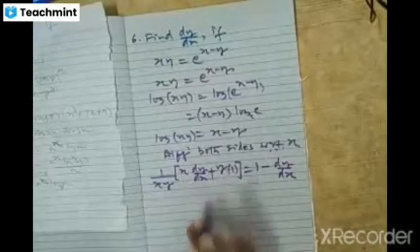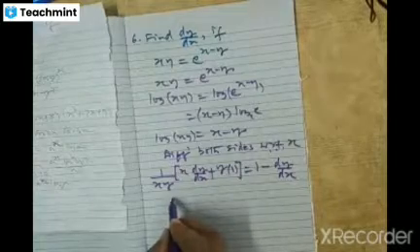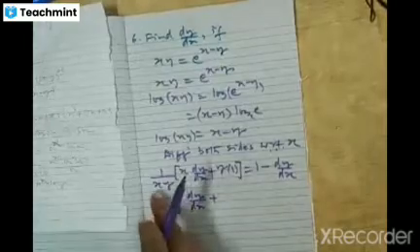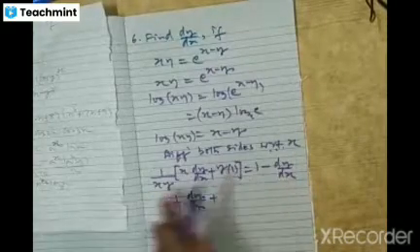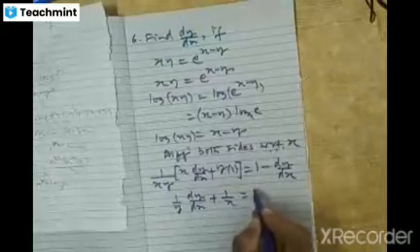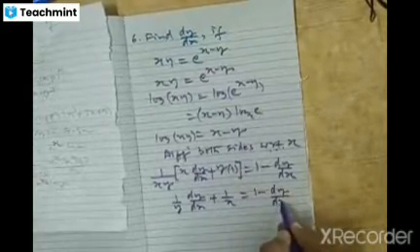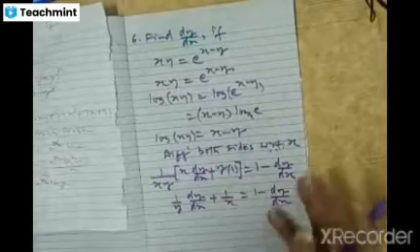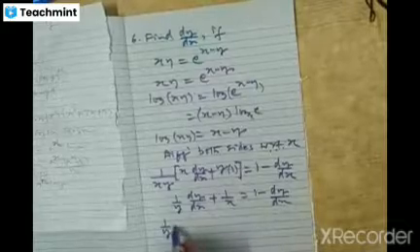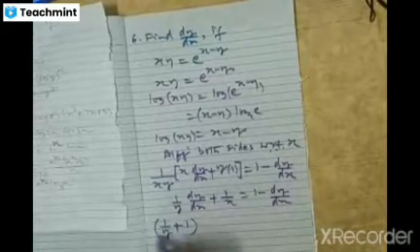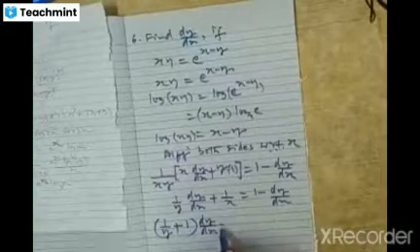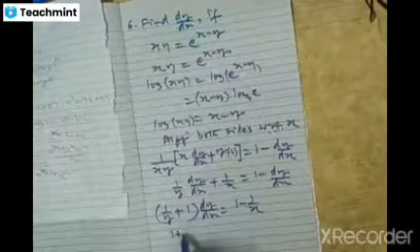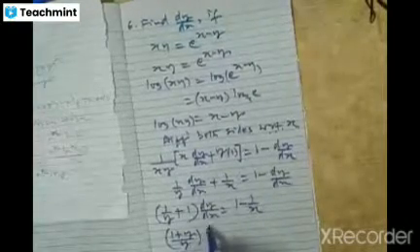Take 1 by xy inside the bracket. We can cancel out x and x. So we have 1 by y into dy by dx plus, take this inside the bracket, y by x into y is 1 by x, is equal to 1 minus dy by dx. Correct? Now we shall shift minus dy by dx to left side and 1 by x to right side. So 1 by y, shift this to left side, plus 1 into dy by dx is equal to, shift this to right side, 1 minus 1 by x. Simplify this further, 1 plus y by y into dy by dx,